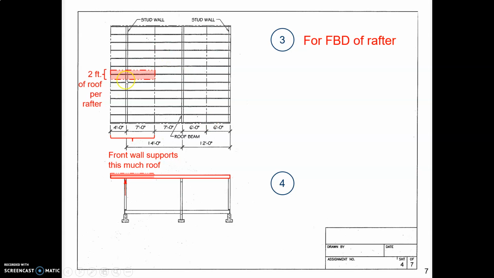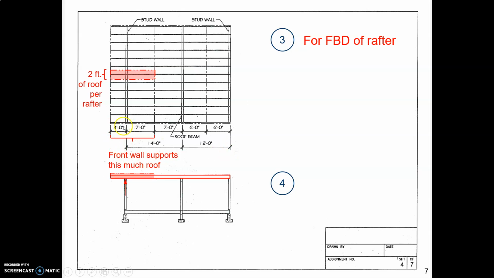All right. How big an area is that is getting supported by this front wall? What is that tributary area? Well, we know that these rafters are 2 feet apart, and so that tributary area must be 2 feet wide, halfway between one rafter and the next rafter on each side. And how far is it side to side? He gives us these dimensions, and